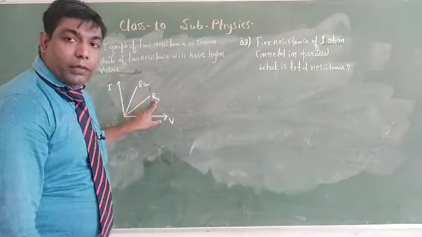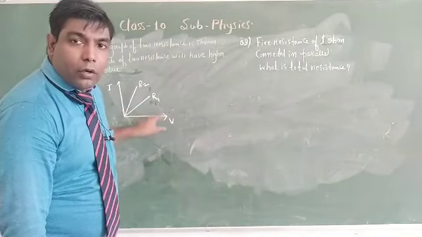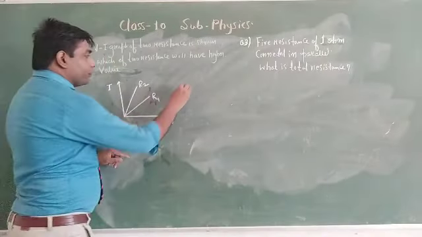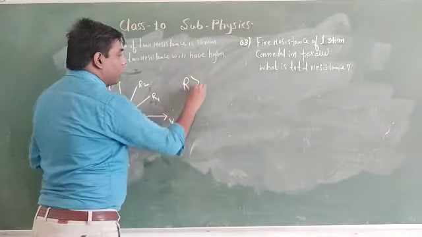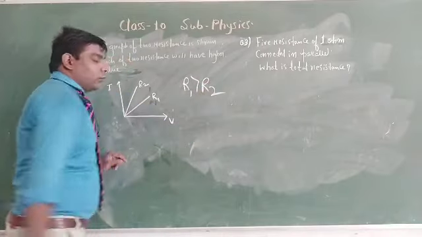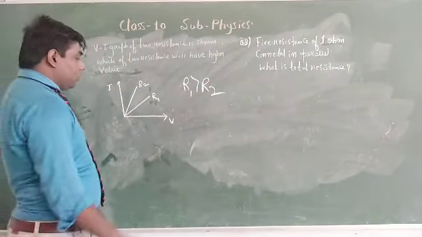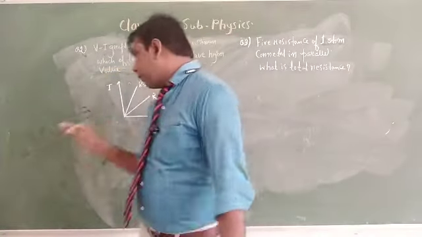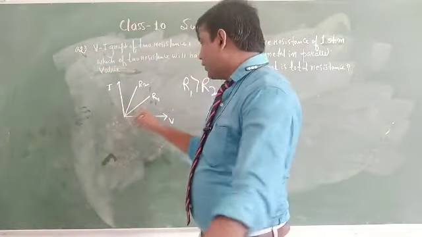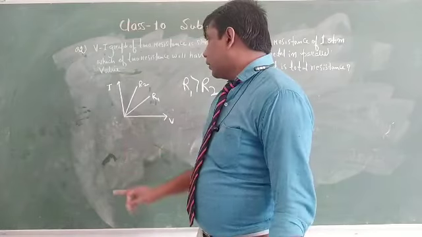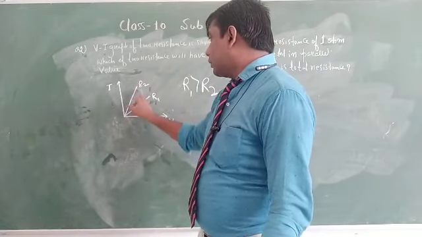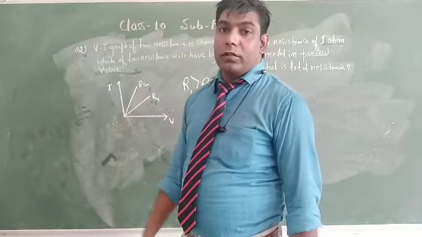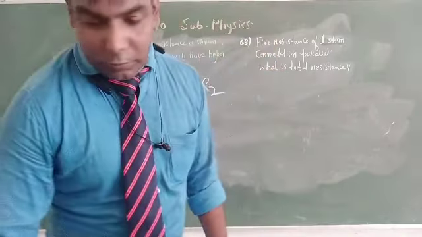The graph of resistance which is nearer to V or far away from the I will have more resistance. So here R1 is greater than R2. This shortcut, that is, you have to see the graph, because this type of question will be asked in 1 mark. Then just see which graph is nearer to V. Here, if you see it is far away, it is nearer to V. So which will have more resistance? That is R1 will have more resistance, right?